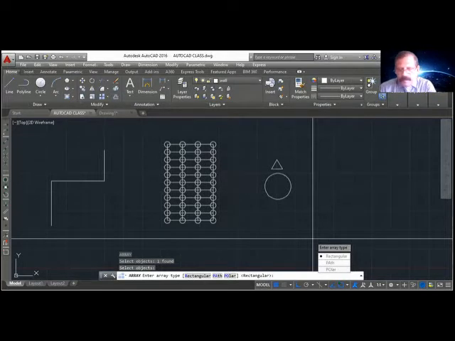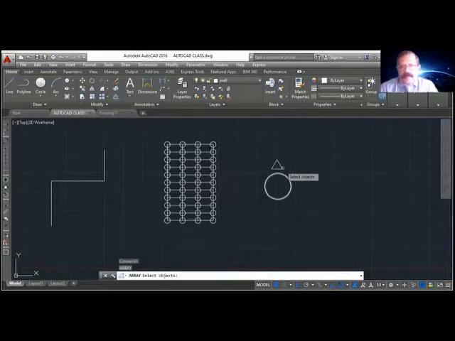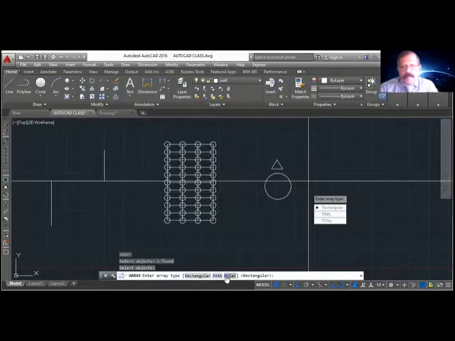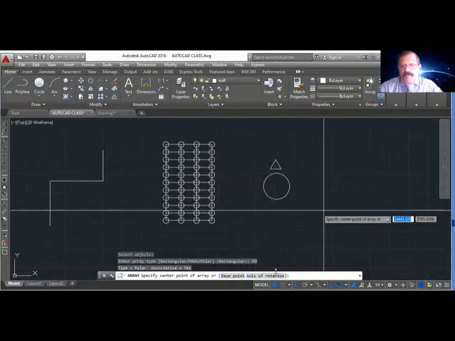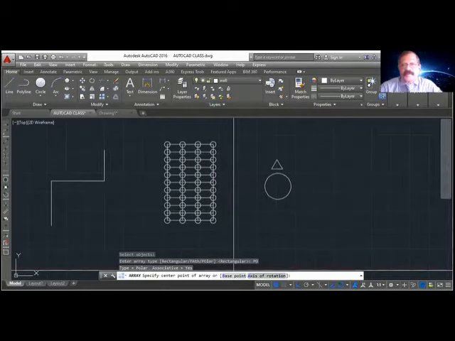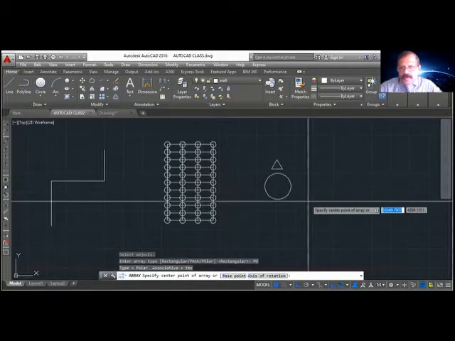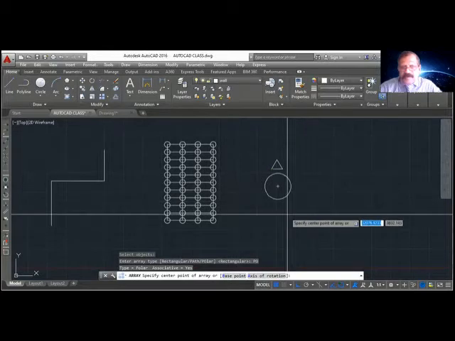Okay. Array, select object, polar or PO. Now it is asking for the base point of rotation. Since it's a circle object, we have to rotate this based on the center of the circle.